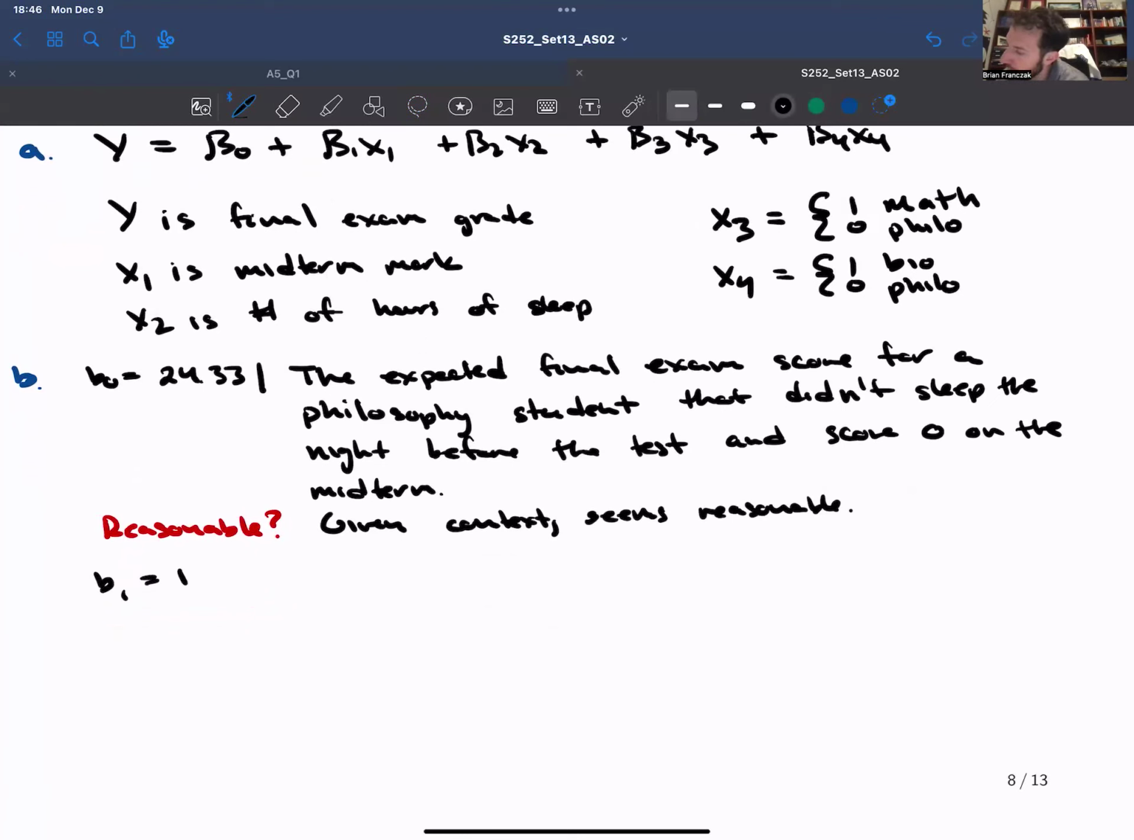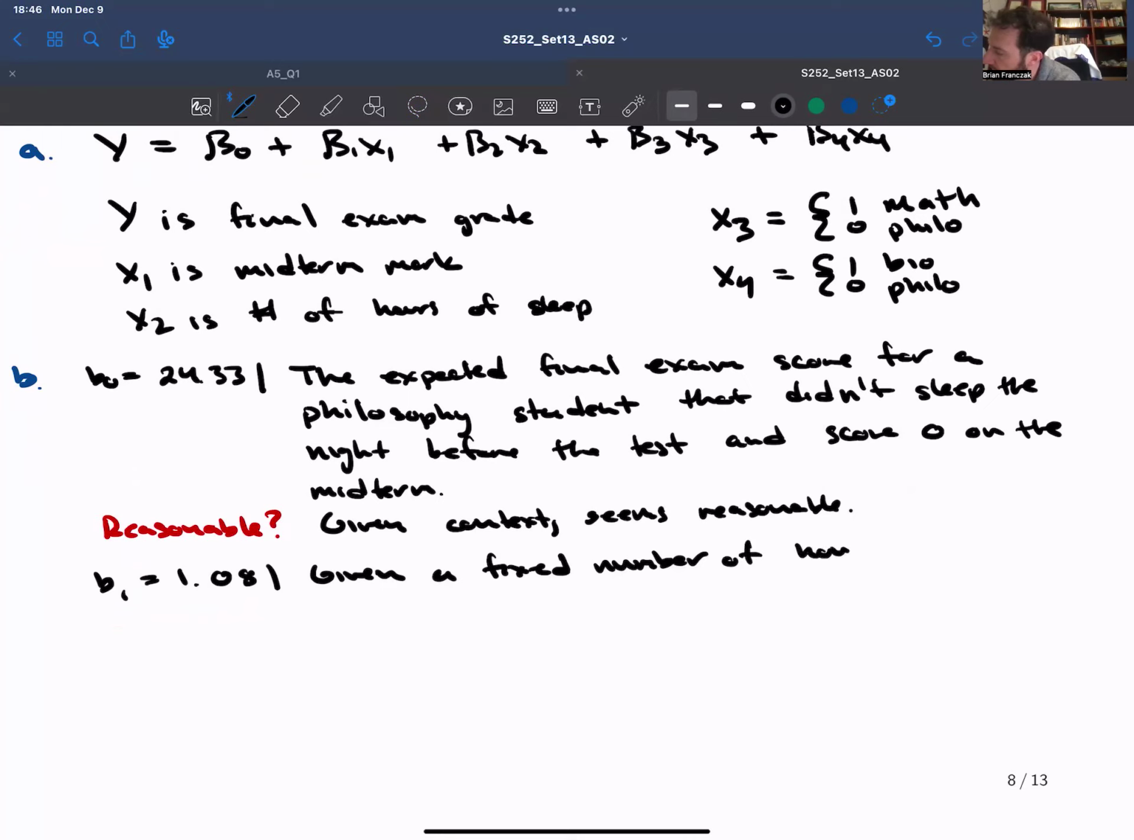B1, I believe, is 1.08. So again, what we have to do here is fix the other quantitative variable. So we can start off by saying, given a fixed or constant